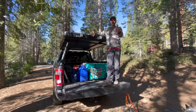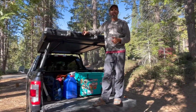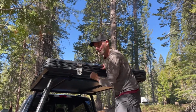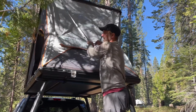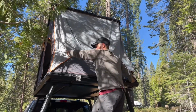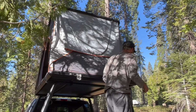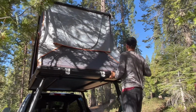So here we go. I have jumped up here. I'm gonna open up the Roofnest to show you how quick we can set it up. God bless them. You pop these open, and then you pop it up. And voila, I now have a tent. First thing we got to do is get rid of the elastic holder. Boom. And then you come over here and you grab your